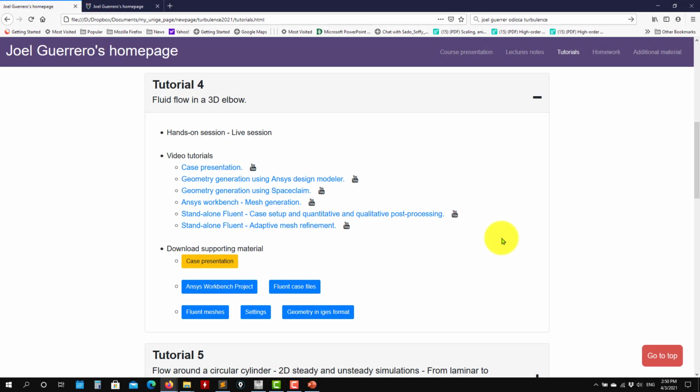So in this one we move to 3D, so the same previous geometry, okay, the tutorial 3, but now we go to 3D. So as you go to the team channel, but also as you go to the web